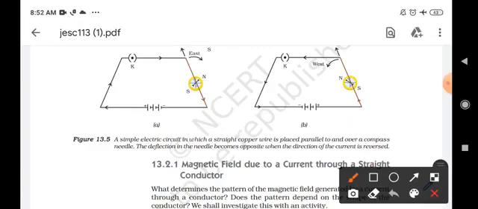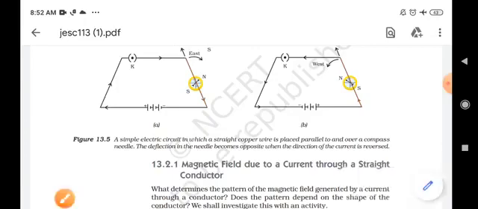So by this, first of all, we have understood one thing: a current carrying conductor produces a magnetic effect. A magnetic field is produced, due to which there is a deflection shown by the magnetic compass. As well as we have understood